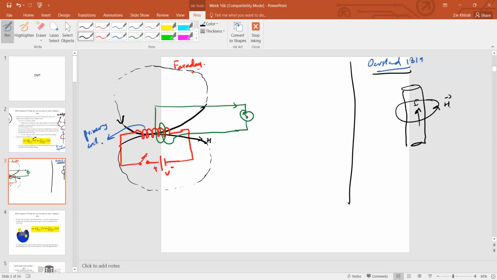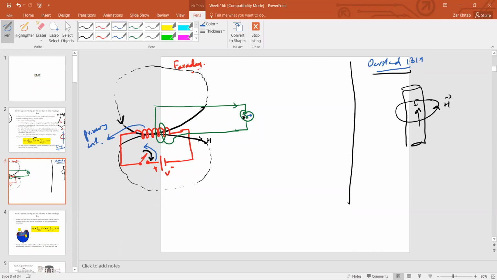But one day when he was about to close this switch, he momentarily saw some deflection here, and that deflection very soon perished. And then when he opened the switch, again he saw a very brief deflection in this conductor, and he continued the experiment. He found that if we are turning this switch on and off, that means this magnetic field will be a time